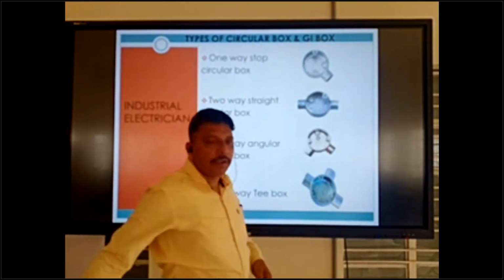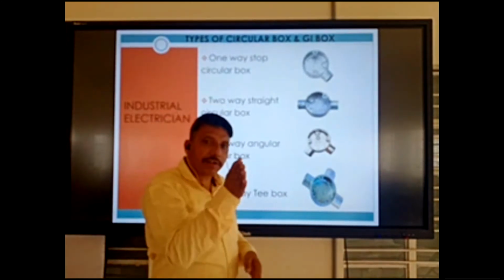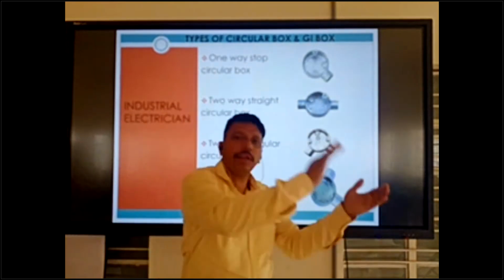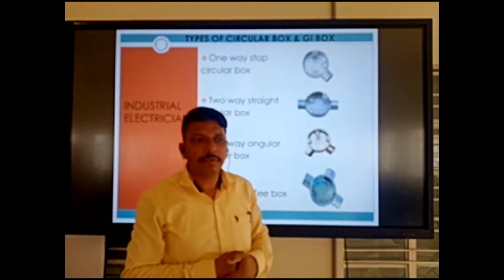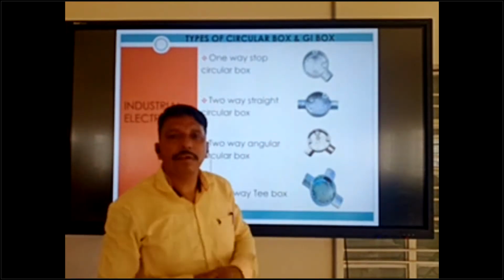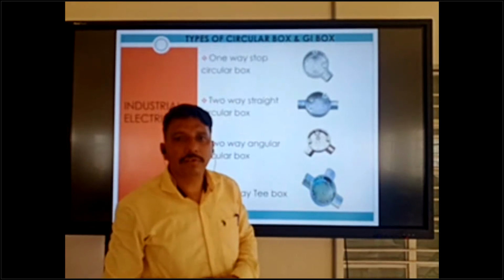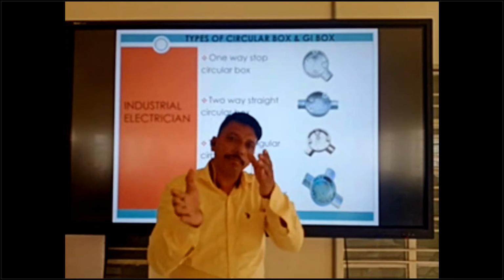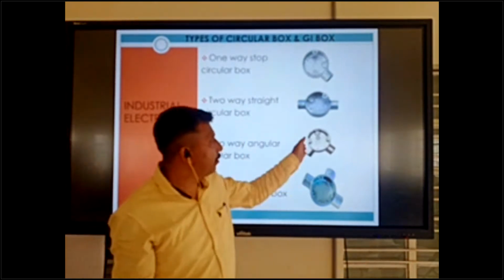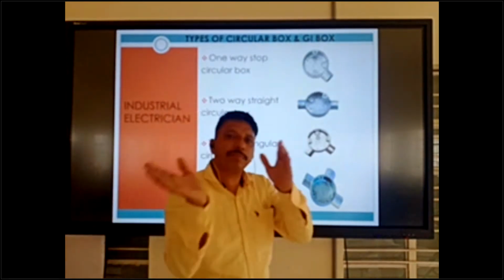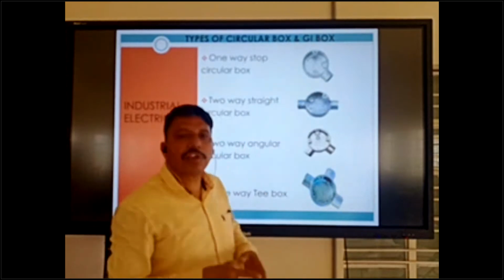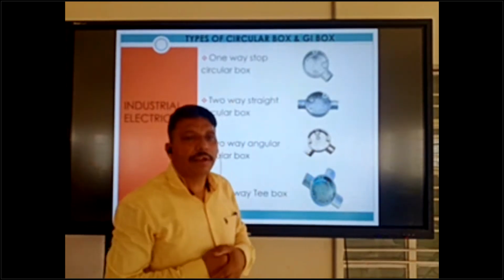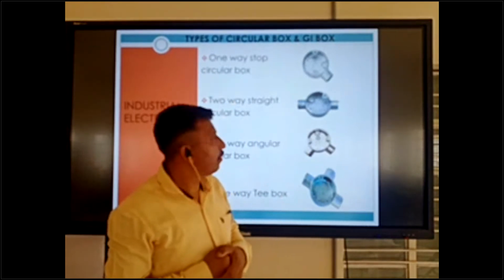Okay, angle box. Your route is coming straight, then you can change the route to right side or left side. We can use an L box. Straight coming one side and right side. If you change to the right side, you can use the same, and the same for left side. Changing your route direction, that time we can use angle type.